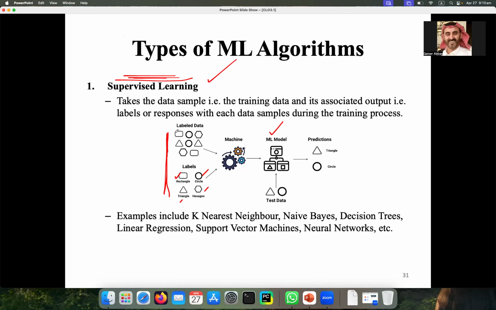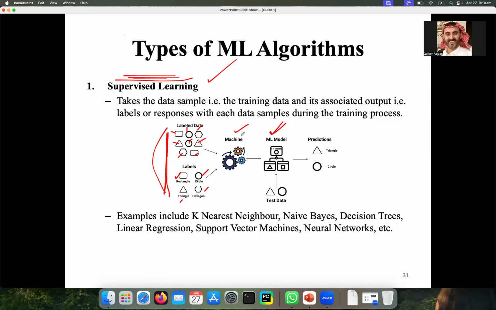These are the instances of the data. This is just an example. You are also providing the labels of this data in the input, and then you are giving this whole thing to your machine, which has this model.